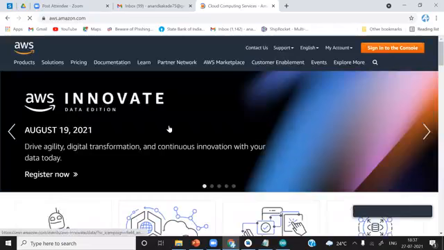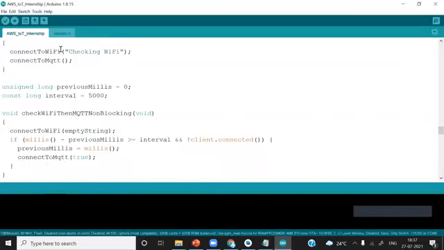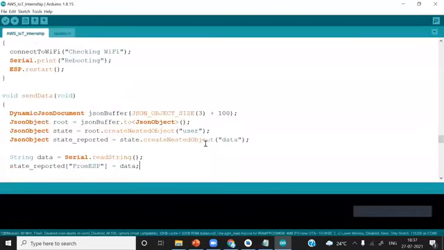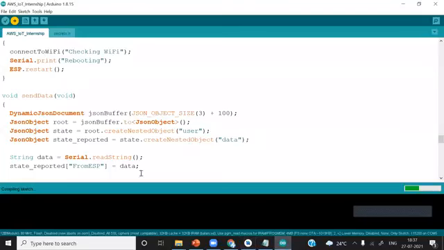After this, what we will do is upload the ESP8266 code. Now we want to control the LED of the ESP8266 using this application we have created. So I will simply check that we have connected. I will upload this code into the ESP8266. We have already installed this application. I will just rerun it again. Okay, it is connected. It shows connected. Now we'll see, it is still compiling.